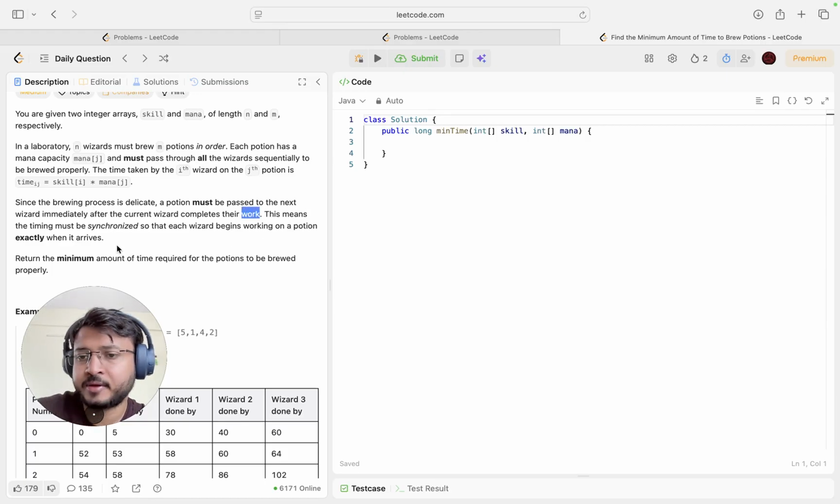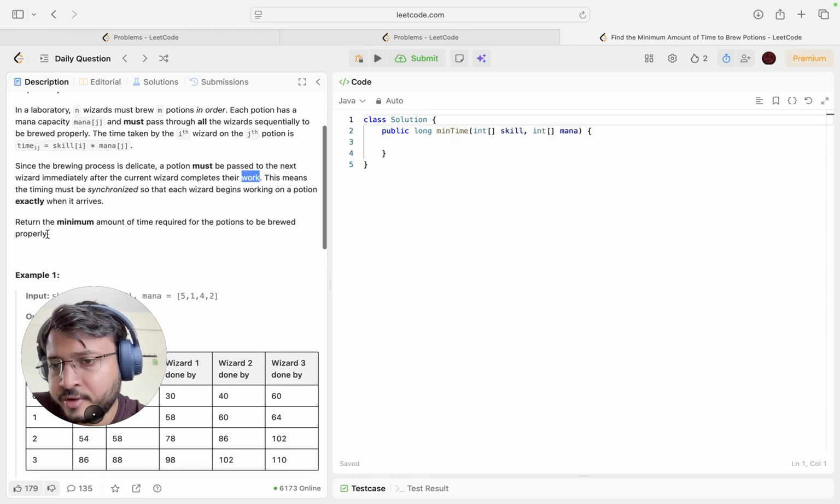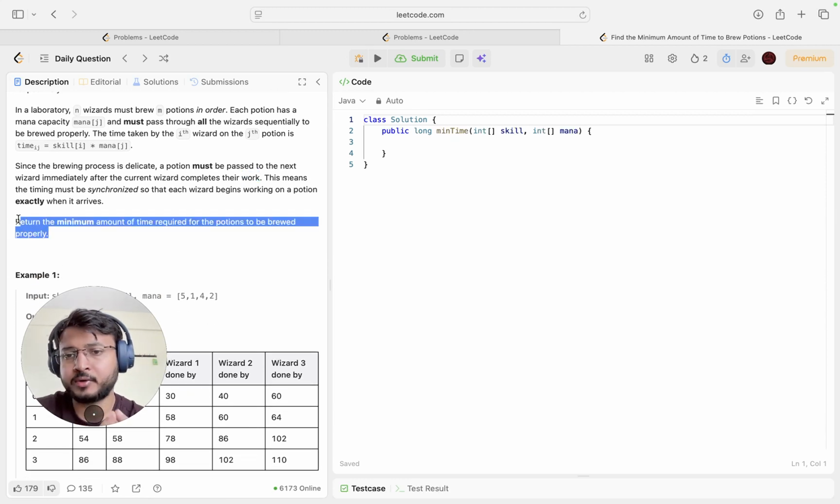This means the timing must be synchronized so that each wizard begins working on a potion exactly when it arrives. So here we have to return the minimum amount of time required for the potions to be brewed properly. Basically, in this question we are asked to find the minimum time required to brew all the